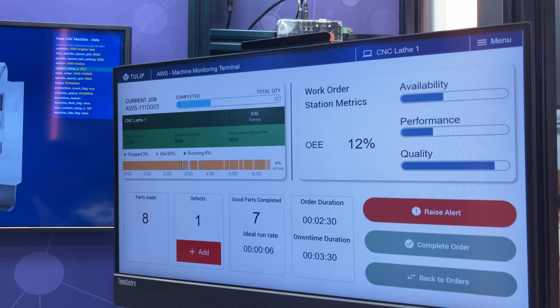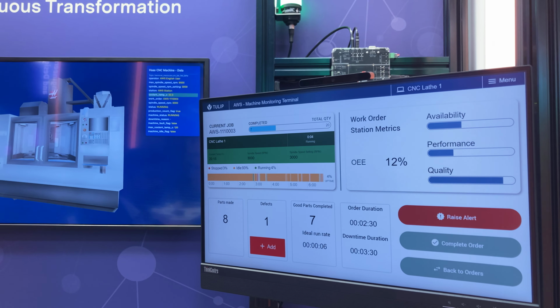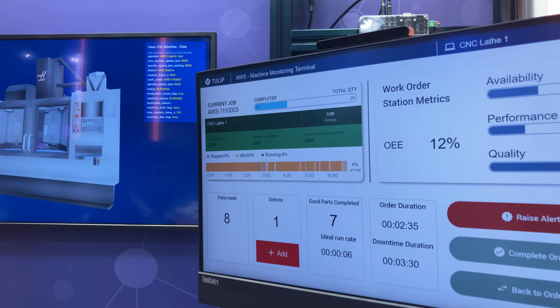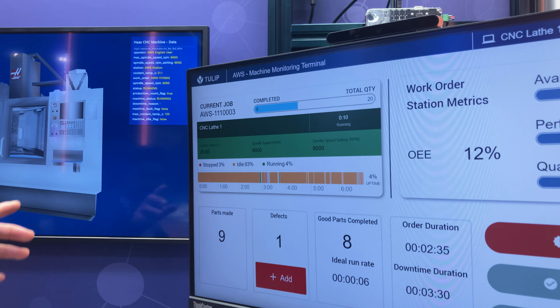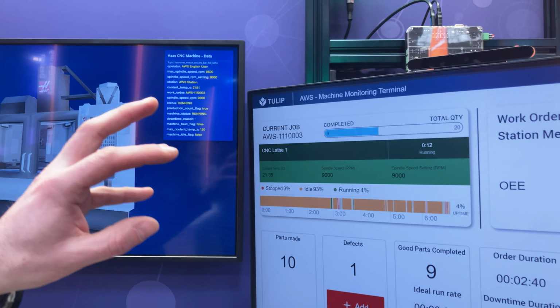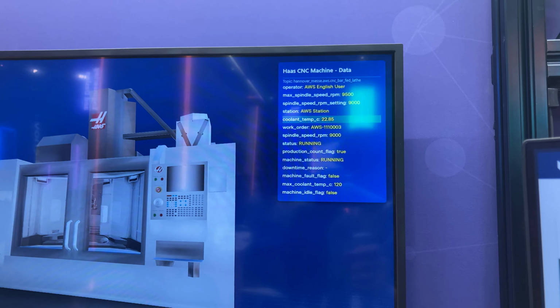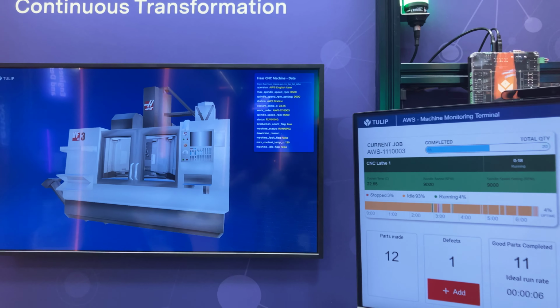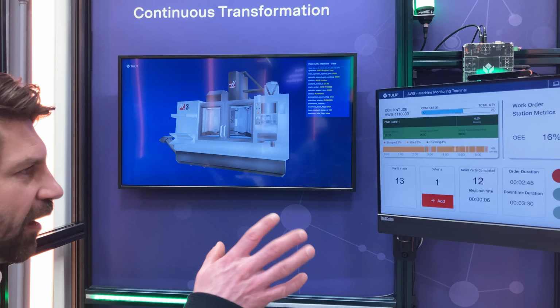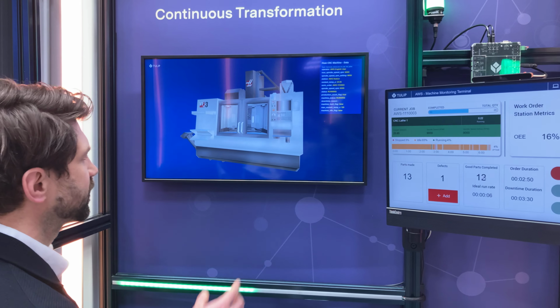Maybe I feel happy with how the machine is running, so I can turn up the spindle speed of the machine up to 9,000. We'll see it being updated on the screen, and then in the UNS, and then also in Tulip. So whilst the machine is running through the rest of the parts, let's go and have a look at